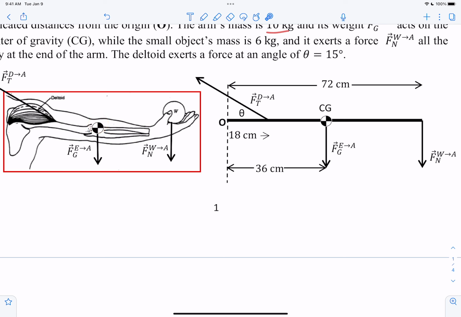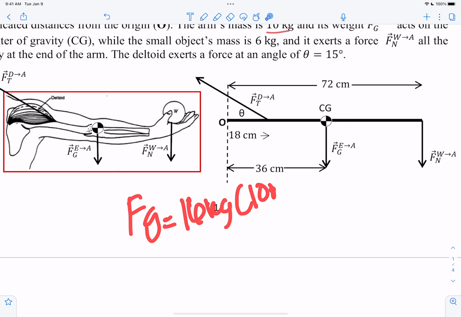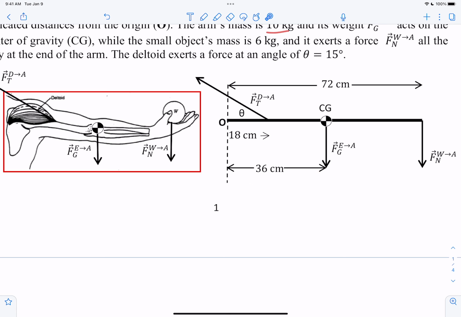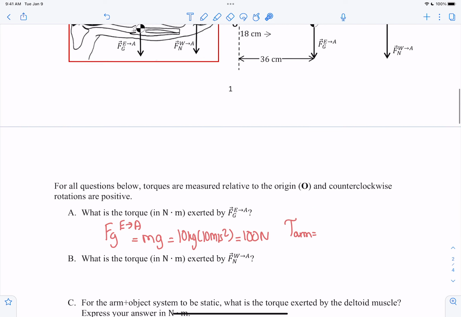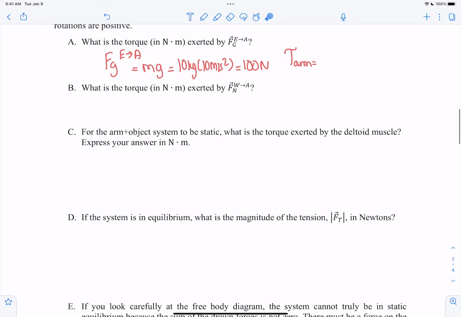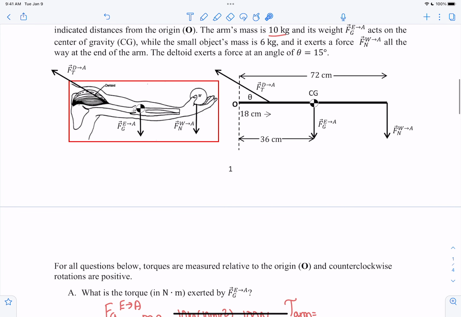But even then, I wouldn't combine them together and say Fg is equal to 16 kilograms times 10 meters per second squared, because you would just find out the torque for each entity or object alone, and then you can add up the torques if you want to. That's kind of what we're going to do in the upcoming parts. It's just that when you're calculating torque,